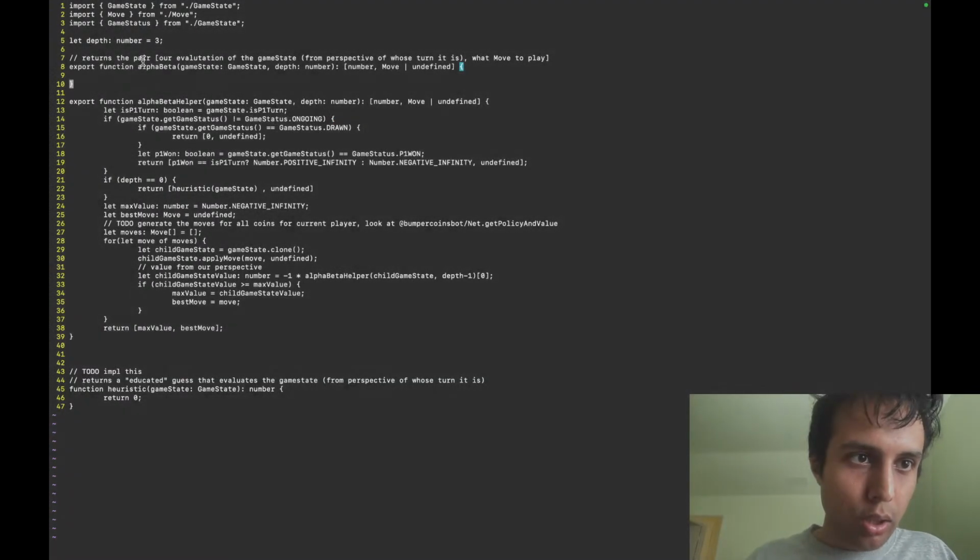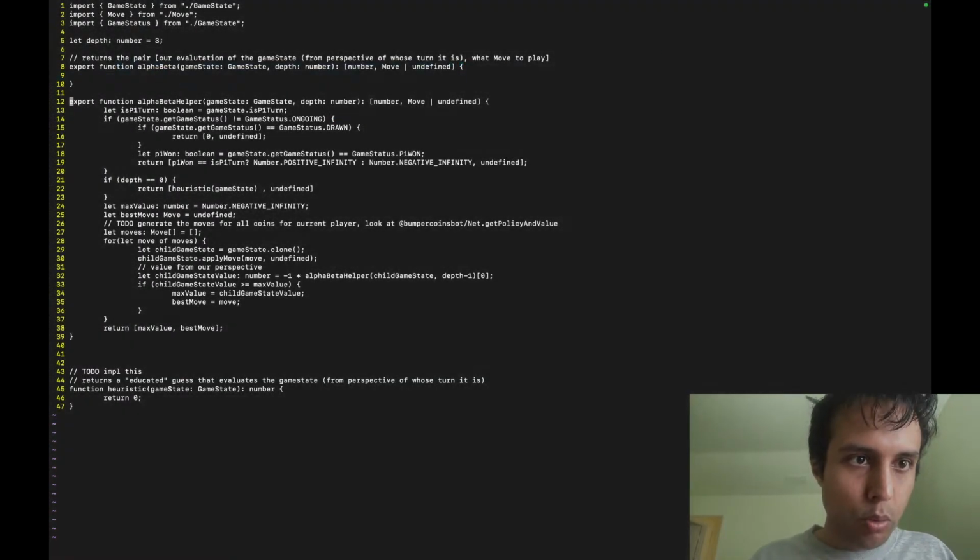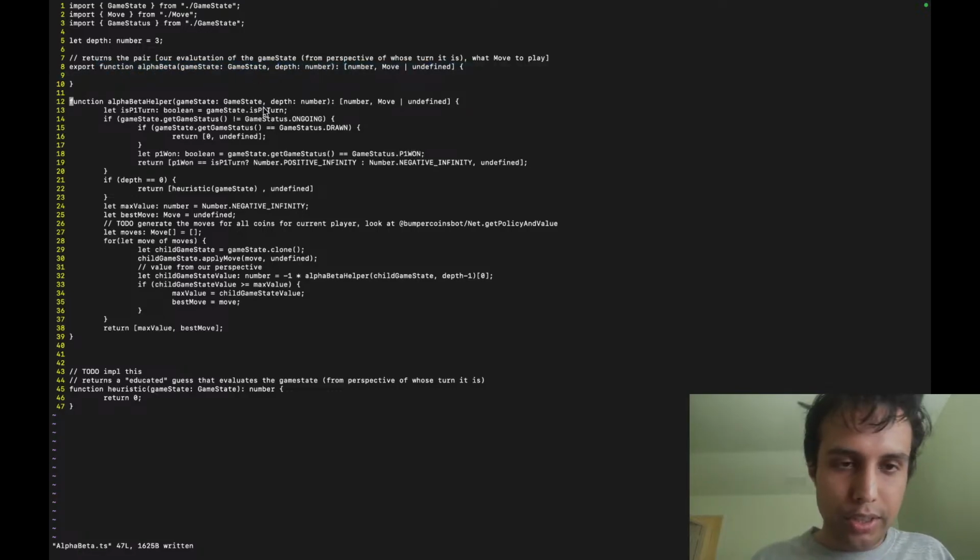So again, I'm still keeping the signature exactly the same, and this one won't be exported, so that we don't break our contract with BumperCoins. Again, we're still going to take in a game state and a depth, and this is the function that we're going to actually return. So we're doing that, right? So we're just going to call this